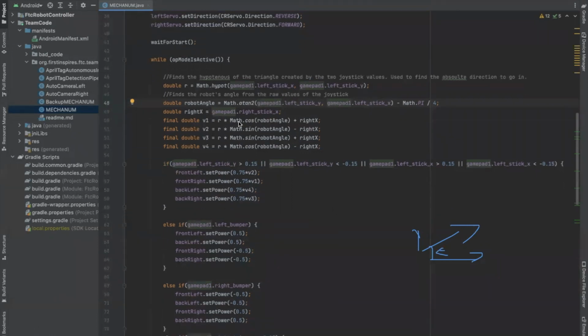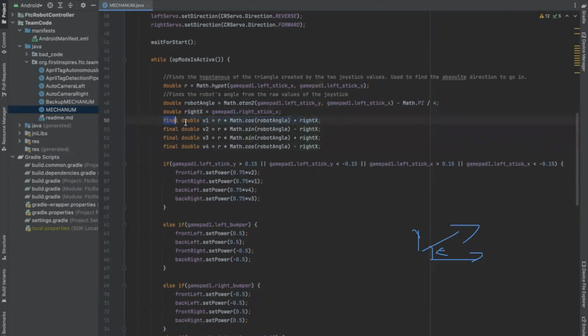And then we're going to define our variable for our right stick X, which is actually going to play an important part in this robot as well. I'll tell you, we're about to get into what that part is. So